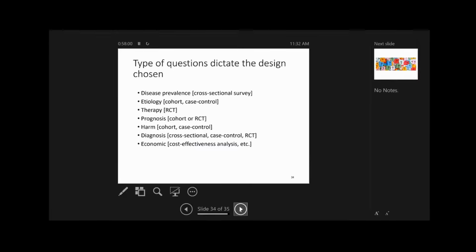So for each of the main domains, if it's disease prevalence, then I use a cross-sectional study. If it's etiology, I need case control or cohort. If it's treatment, RCT. If it's a prognosis study, who's going to die, cohort or an RCT. If it's harm, cohort or an RCT, case control. If it's diagnosis, then I could use a cross-sectional case control study or even an RCT. So it's the question that dictates the best design that I could use. Okay,